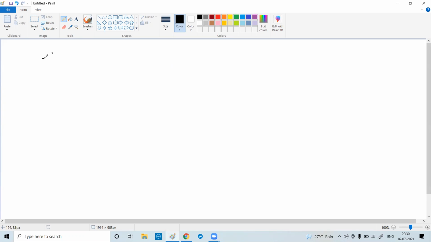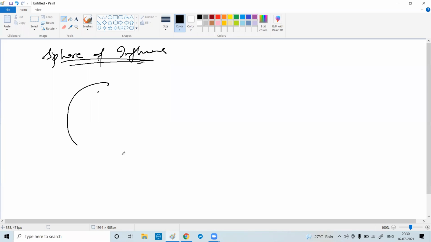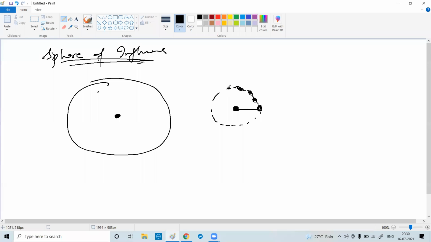So now we will come to sphere of influence. What is sphere of influence? We will take an imaginary sphere. That means if there is a particle here, a substance here, let's say this is a circle, this is a droplet of water. We are saying the water droplet will get pulled if the distance between them is this. So can I say, if I draw a circle, this droplet can be anywhere within the circle, on the circumference, and still it gets pulled? Why? Because the radius is the same.